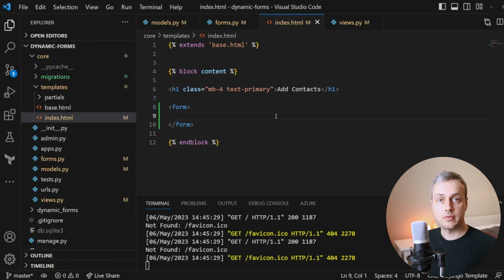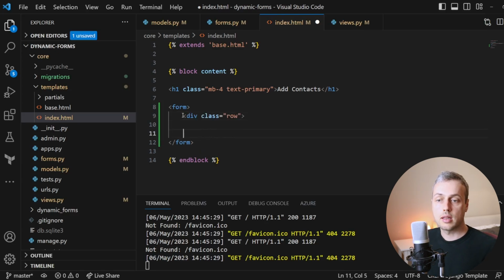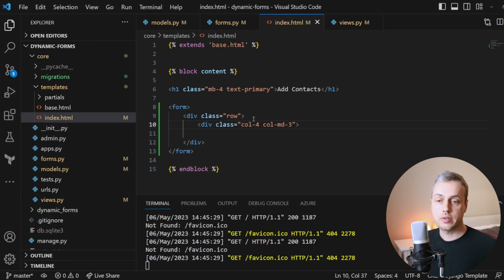So remember, the goal of this video, we want multiple forms on a page, and we want one per row on the page. So we're going to define that div with a class of row, and this comes from Bootstrap 5. So we're enclosing the form fields within a row, and for each field we want to take up 4 columns out of Bootstrap's 12 column grid system. And on medium sized screen we want to make it a little bit smaller and only take up 3 columns. So we can use this div with a class of col-4 and col-md-3,